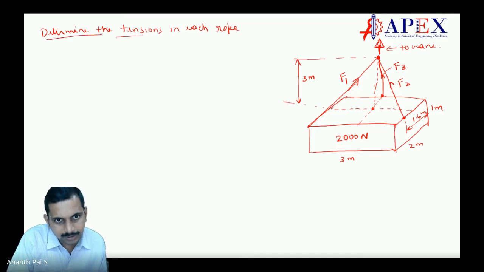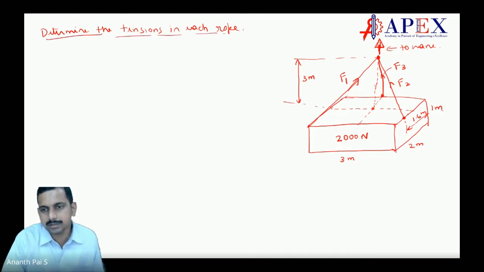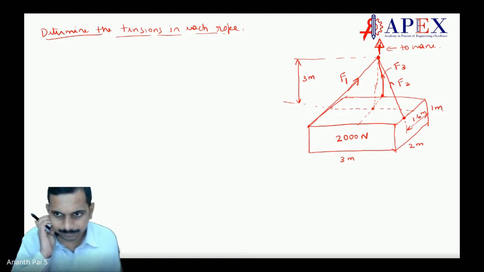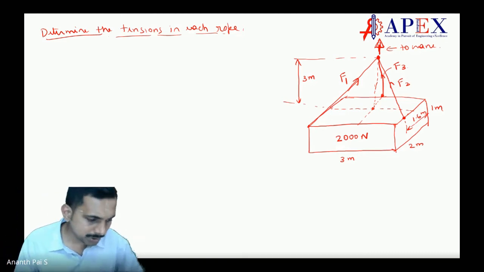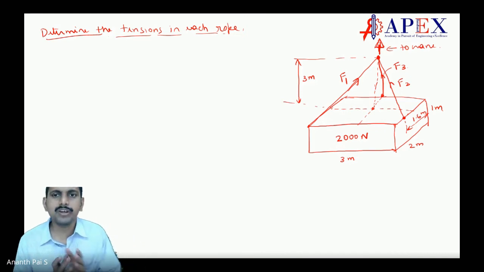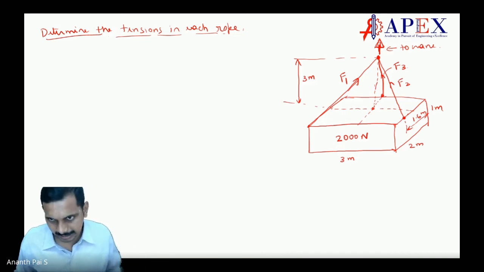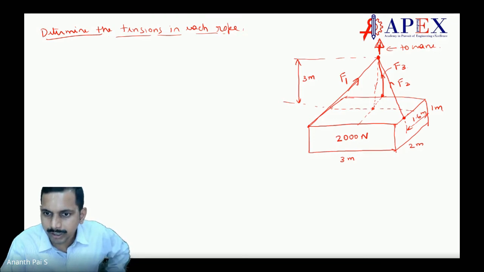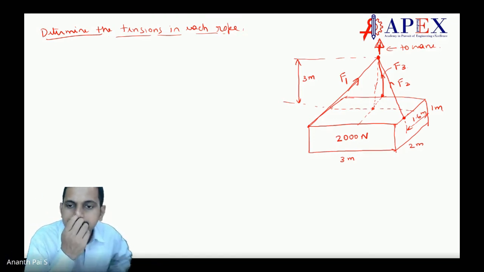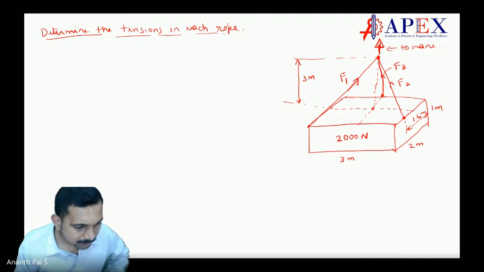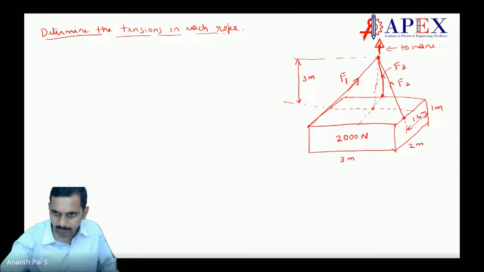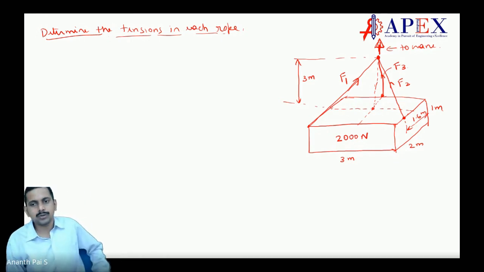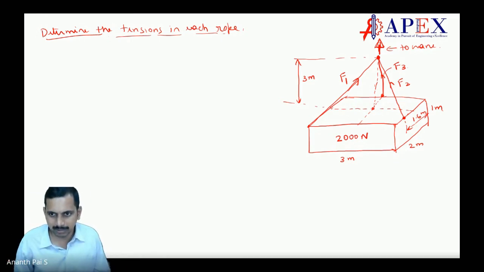Determine the tensions in each rope is the question. Now, can we do it? To do this, first of all, one of the ways we generally try is to resolve this. Write this first of all, students. Once you finish writing, tell me. Write it neatly and think about how we can solve it. Don't write anything else, write only this diagram neatly.